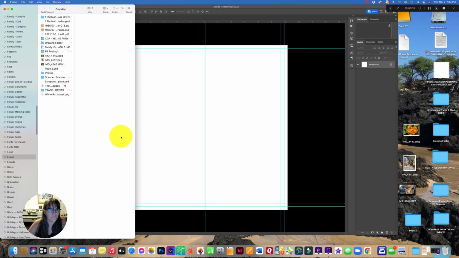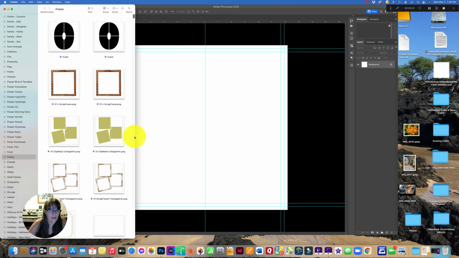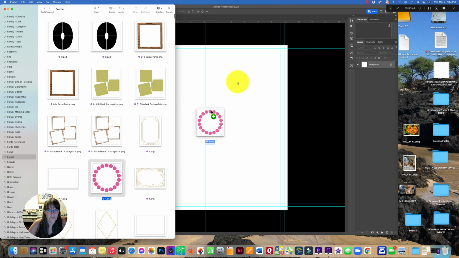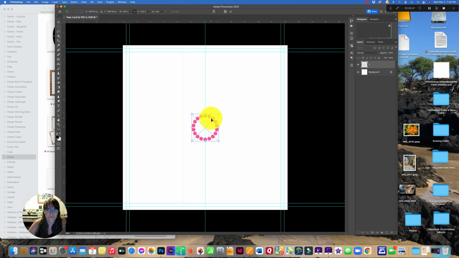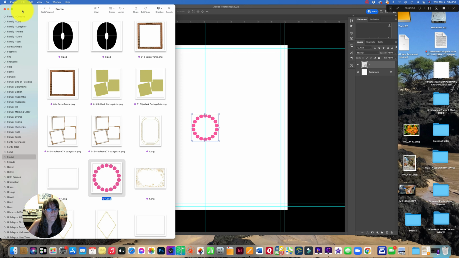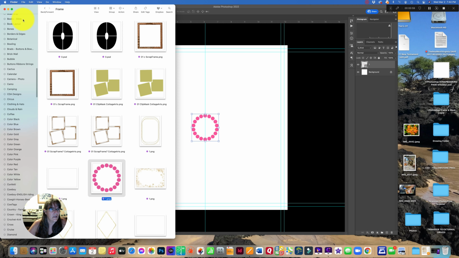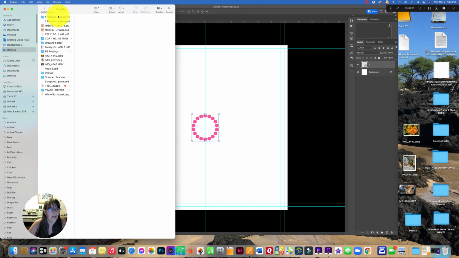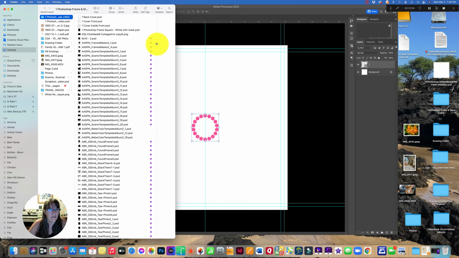frame. And I'm going to change this to icons. Okay. And let's just grab that one and stick it over there. And then we'll go back out and get, let me just grab, I'll go out to my desktop, and I have a short list of frames that I use a lot. So I've put them on my desktop, and icons,